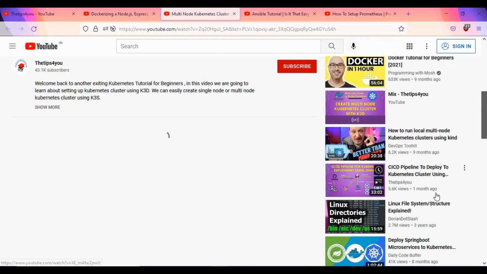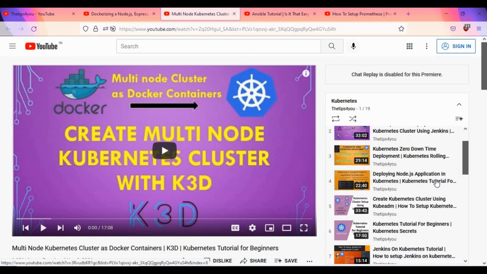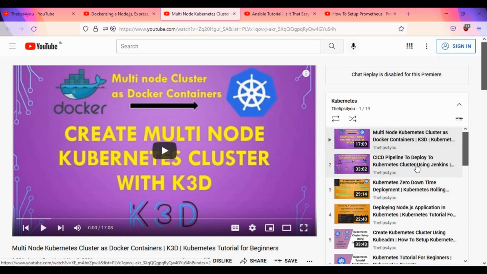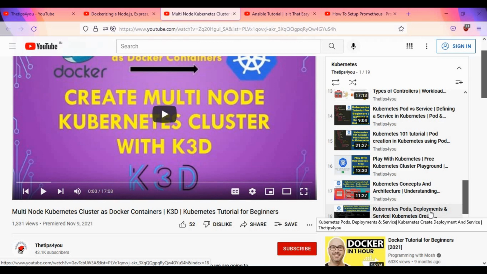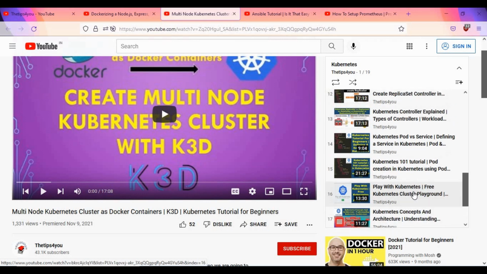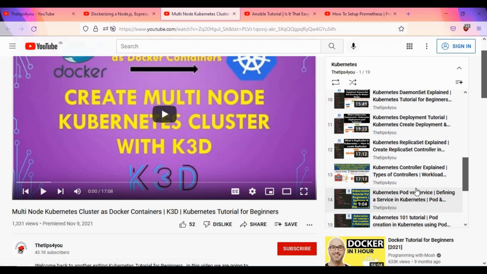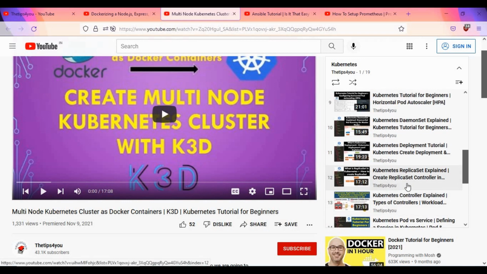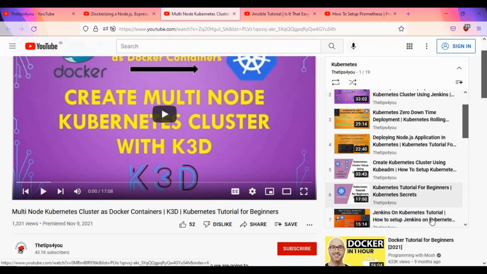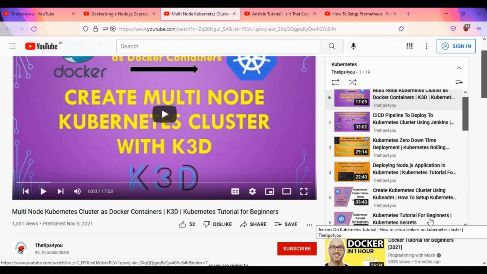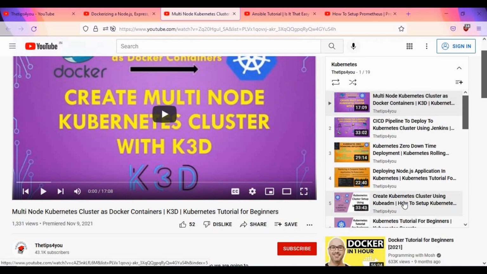And if you go to Kubernetes, you have quite some videos that start from basics, like how to set up Minikube. You have also deployment, services, architecture, and Play with Kubernetes. There are quite some videos explaining complete details: what is ReplicaSet, Deployment, DaemonSet, HPA, ConfigMap, how to deploy Jenkins on Kubernetes, Secrets, Kubernetes cluster.